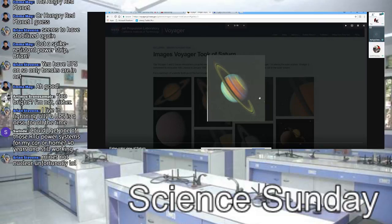This is always a good one too. The filter sets that were on those. There was, oh god, what were there? I think there were 7 different filters on the wide-angle lens, and that one there is the gas chromatograph. So not only were there 2 cameras, obviously there were other means of imaging things. There were also, I think, 2 spectroscopy instruments aboard each craft. I can't remember again, though. I think it was 2 different types of